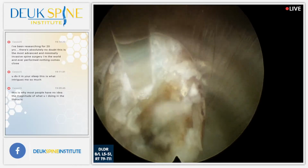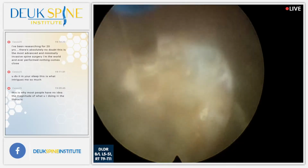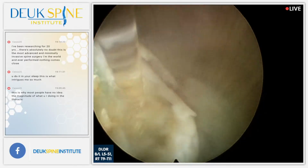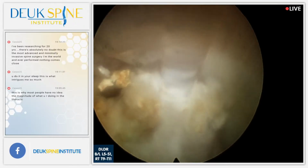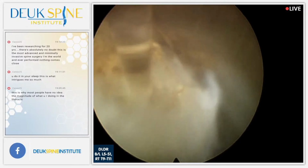And it's probably why it wasn't as painful as the other one, because it's more stuck down. 5 minutes, we're done. All right, so here's more herniation, but the whole disc is destroyed from the inside. And if you look at this disc on the MRI,